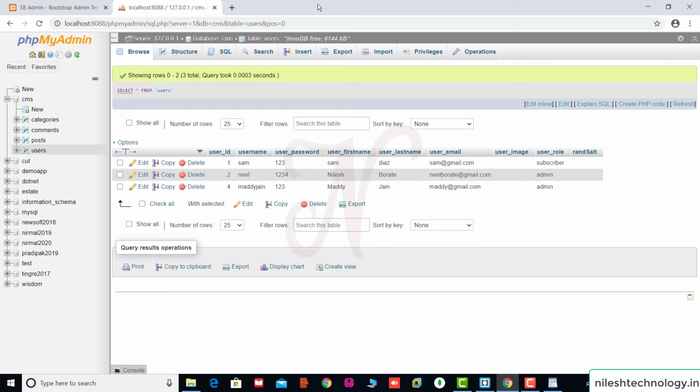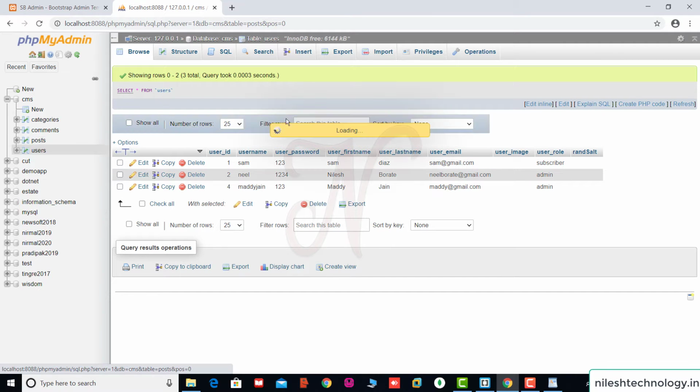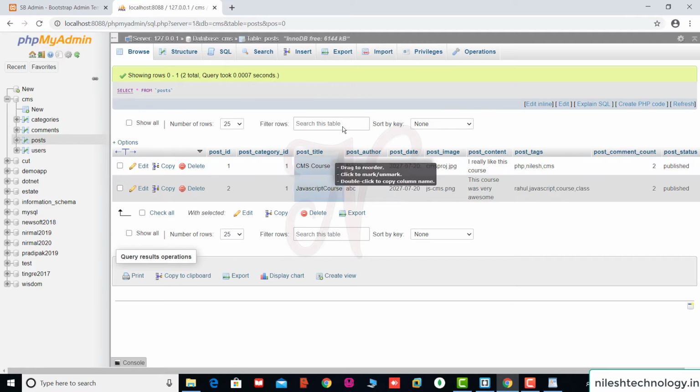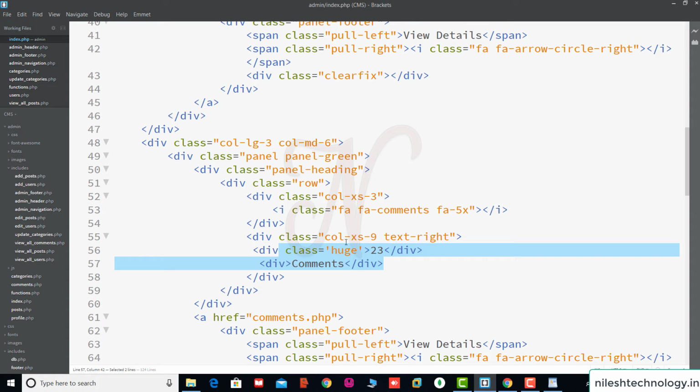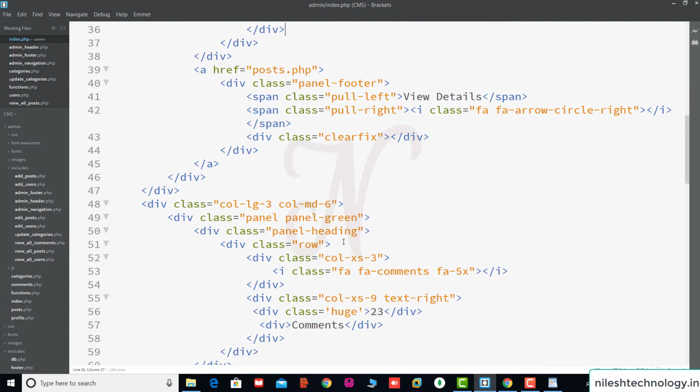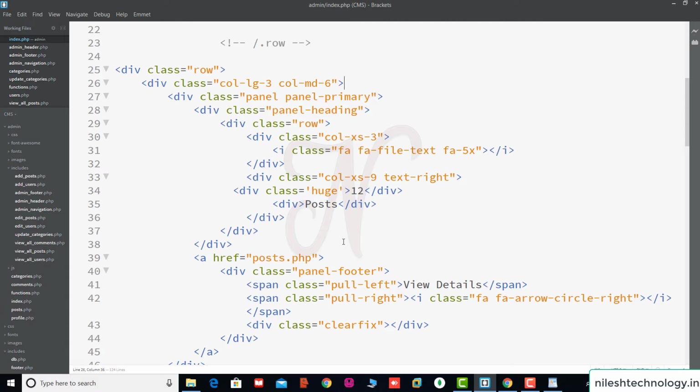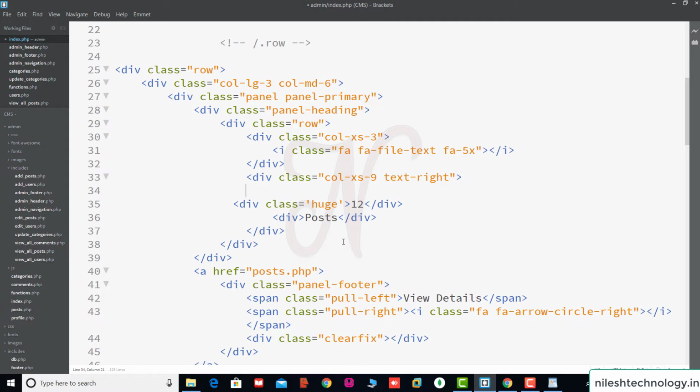Side by side, this is your database. The total number of posts is 2. So I want to display 2 instead of this 12. We convert this 12 into 2 by using some dynamic code. After this div tag, we add one PHP script.